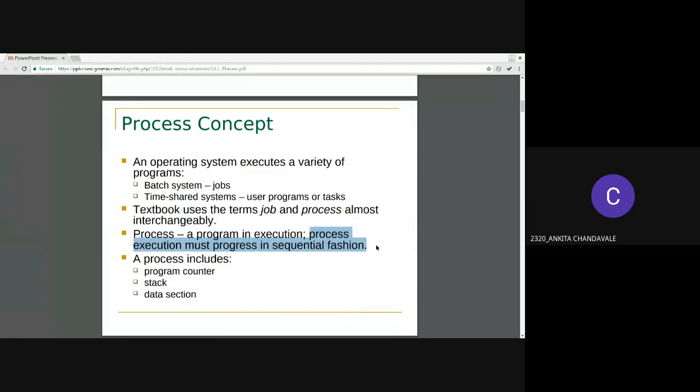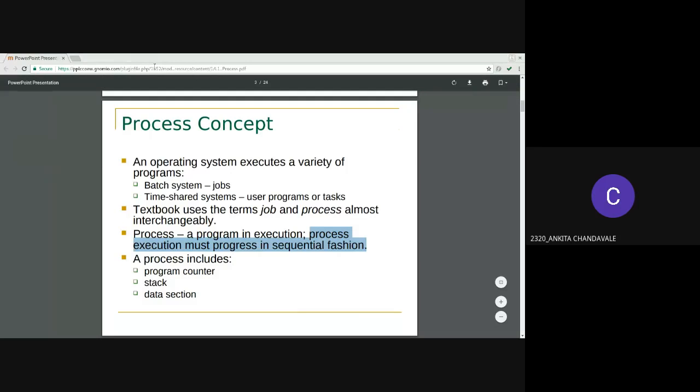It stores the address of the next instruction to be executed. So all the instructions are executed sequentially, and the CPU or OS knows which is the next instruction to be executed because of the PC.